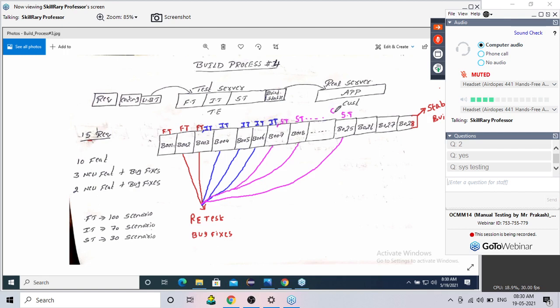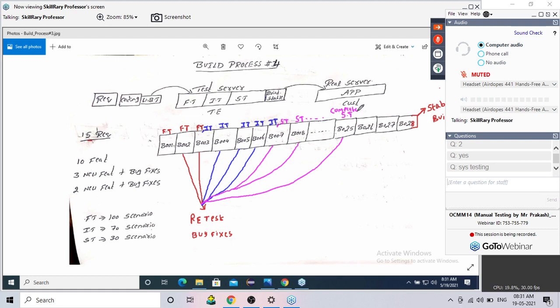Now B025, my system testing is complete. What is the meaning of system testing is complete? On B025, I have finished my system testing. Means what? Perfect. Application is stable. Functionally stable. Any answer is okay with me. Okay. That means application is stable. Bugs are also fixed. Now, when B25 is stable, carefully listen. Then why this B26, B27 and B28?